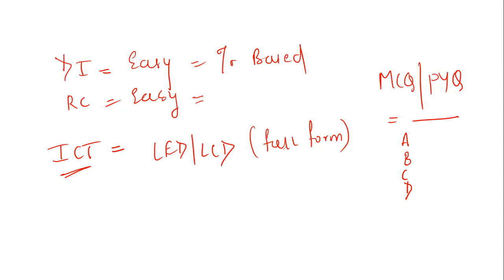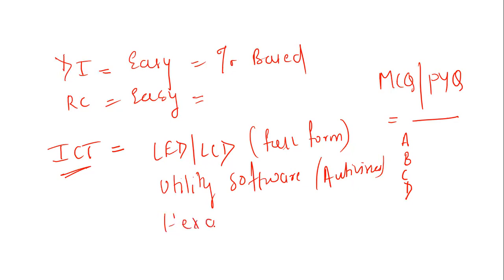So LED and LCD full form, they've asked you something with respect to utility software. Now, the utility software question was basically on antivirus. So virus, spam, spoofing, all these topics were specially taught to you. Then, conversion of hexadecimal to binary. So this was also seen. And numerical sums in ICT are a definite part of your examination, which was seen very well. Then, based on ICT, BIOS was also a question. RAM, ROM is again a regular pattern of question which is coming in the examination, right?